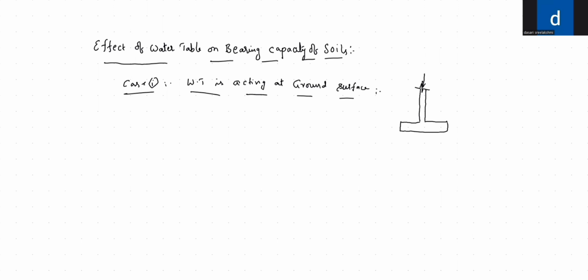This is the ground surface, and the footing is located below the ground surface. So this is the depth of the footing, and this is the width of the footing, and the area around the footing is filled with